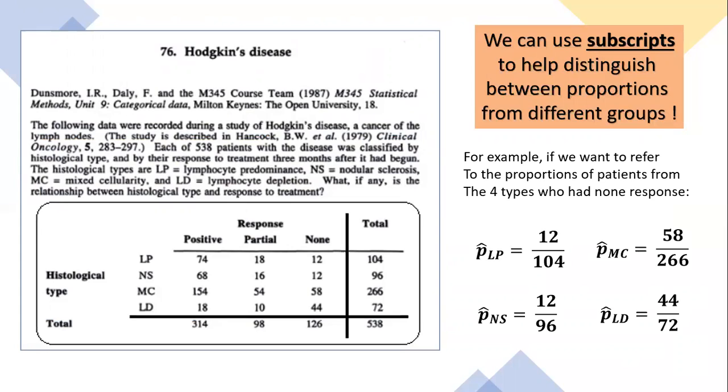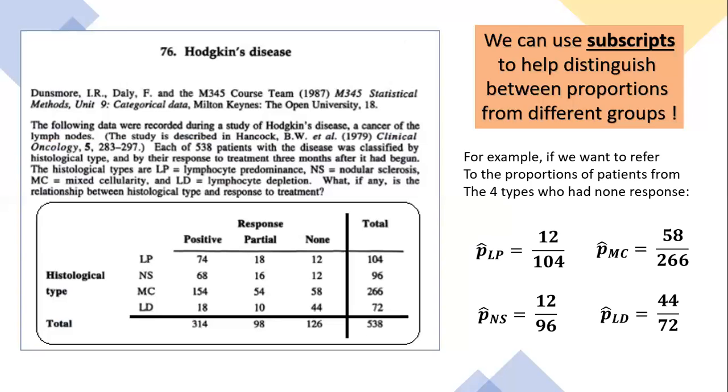I could say P hat sub LP equals 12 out of 104, because there were 12 out of 104 of those in the LP category who had no response. I could say that P hat sub NS was 12 over 96, because we can see from the chart that there were 12 out of 96 of the individuals in the NS category who had no response,